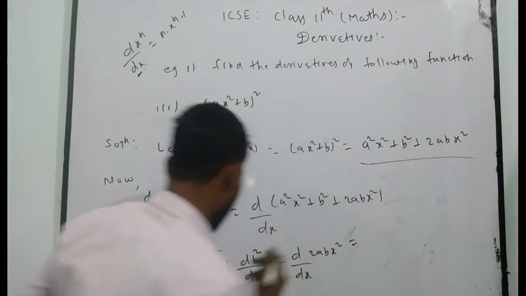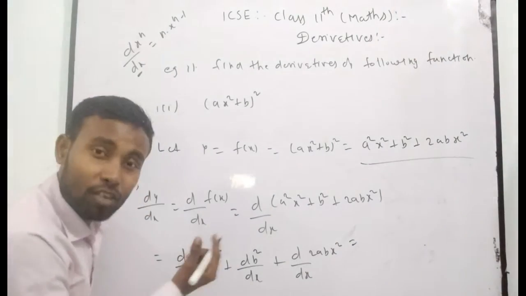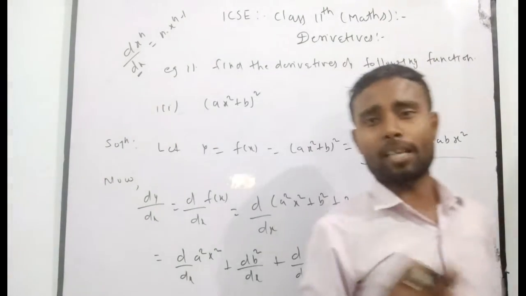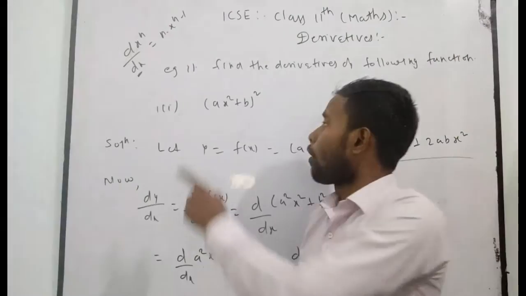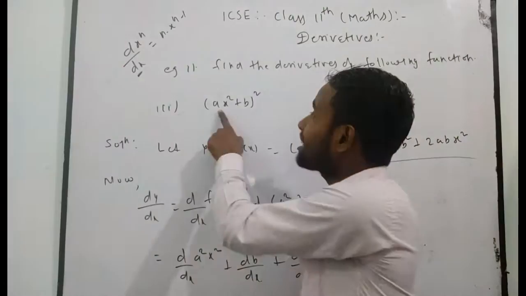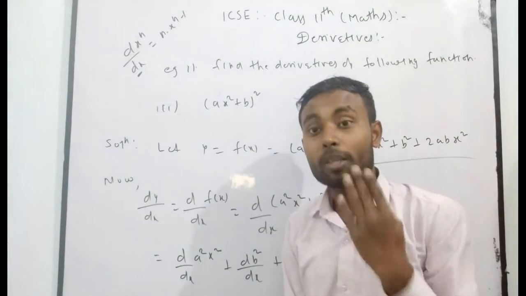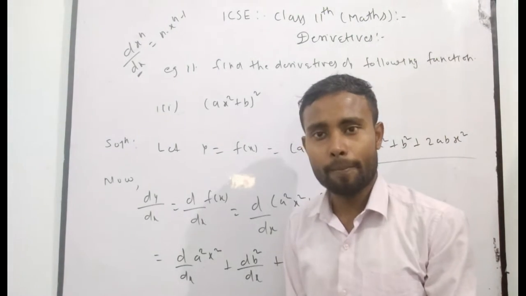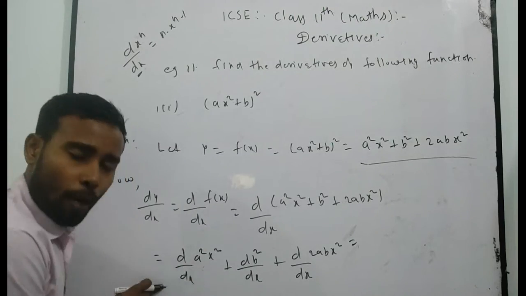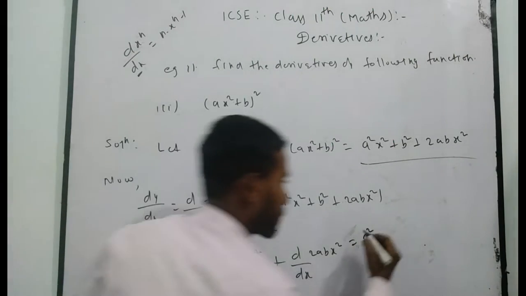Again, I want to write the derivative of a²x². Can I take a² common? Because a² is a constant. In the problem I already told you, I want to tell you again, if there is no mention, always take a, b, c, d, p, q as constants. Only x is the independent variable, and with respect to x I have to differentiate the given function. So I can take a² common from this derivative. In that case, we get a² times the derivative of x² with respect to x